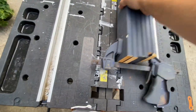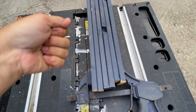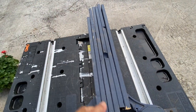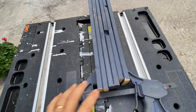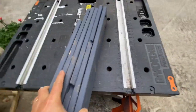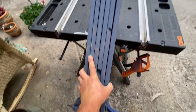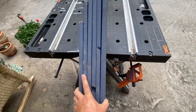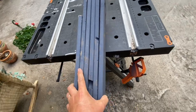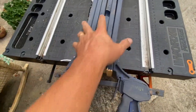Just a little pinch. They don't have to be super tight, but just enough to hold it straight up, so that when you bring your air spray gun, you have plenty of something holding it up, because the other end's going to be sitting up on something like this, and then you'll be spraying this side, and then they'll dry for a few minutes. You take the clamp off, flip them all the way over,